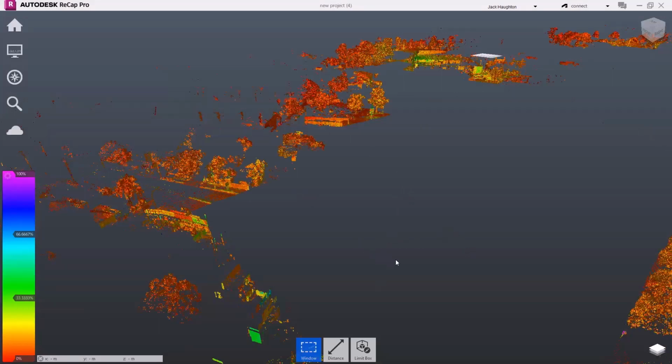You can see it all loading in here. So what we have here is the entirety of the point cloud. You can see it all as is. We've got a street we picked up in town. And if I go down to this corner here and I go to scan locations, yeah,